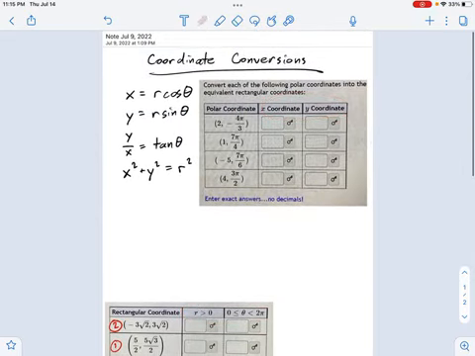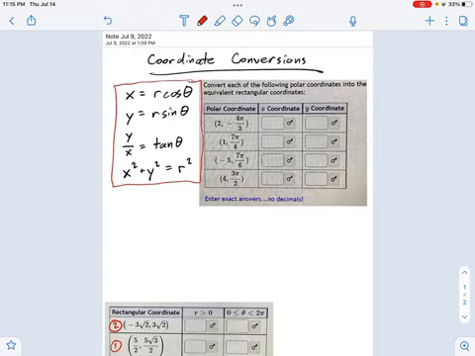So let's talk about the rectangular coordinates first. And you'll see here I've got these equations. We're going to use these a ton. Burn these into your brain. Every time you're looking for an x-coordinate, you can just literally plug in r and theta in here, and that'll give you the x-coordinate. It's very nice. So, for example, I'm going to do this one. x equals r. Now, r is 2 times the cosine of, what's that angle? Negative 4 pi over 3. Not the most convenient angle, but that's what we've got.